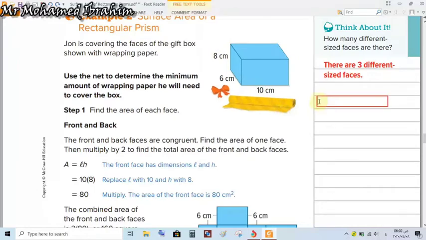I will write 2 times. Then I will open a bracket, because 2 times all the numbers inside. 8 times 6. We have here 8 times 6 plus